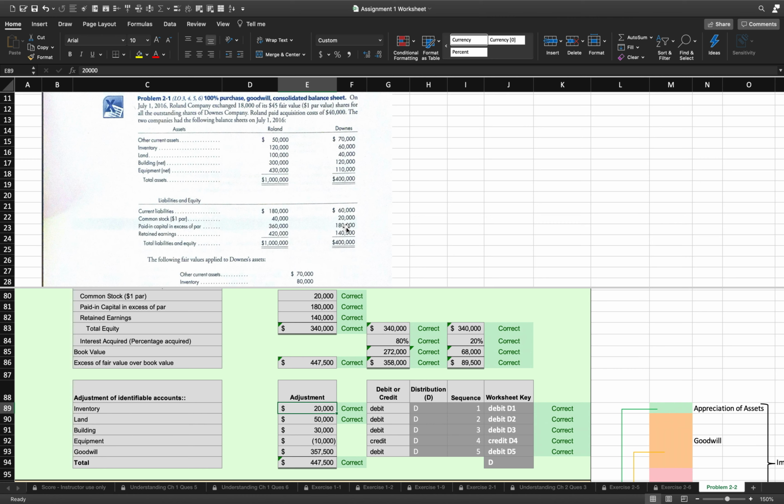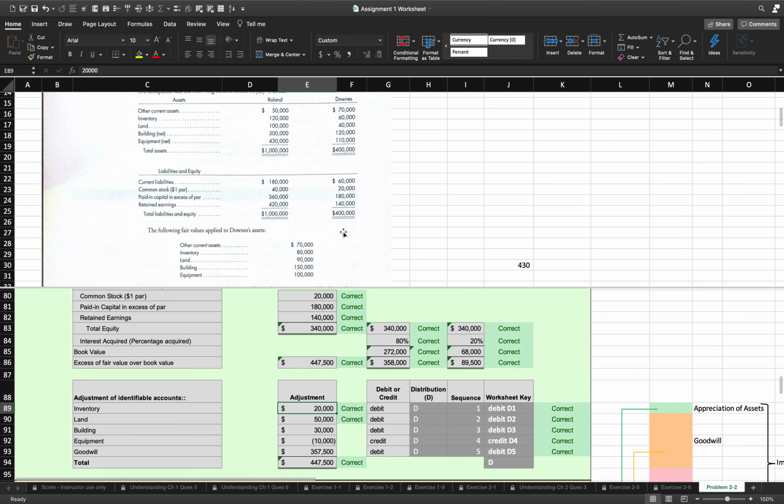Similarly, land was over here at a book value of 40,000, and then land was given a total of 90,000, a difference of $50,000 between this 40,000 and this 90,000. Then we recognize that the building had a book value of 120, and the fair market value is 150, a difference of 30,000 that needs to be increased. And that's what this debit really stands for,